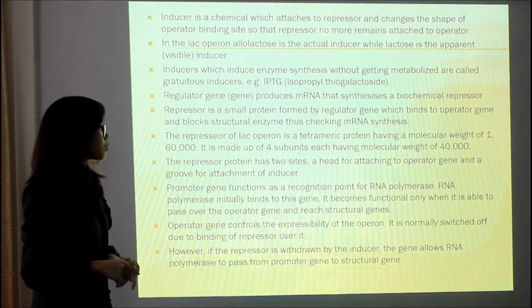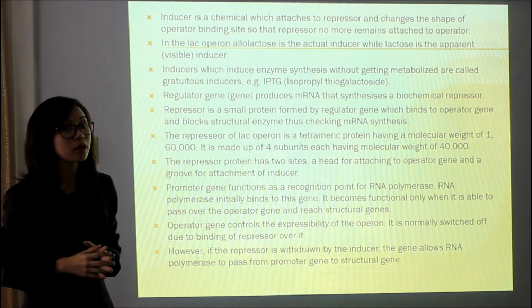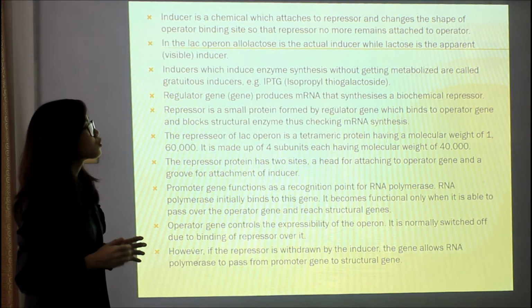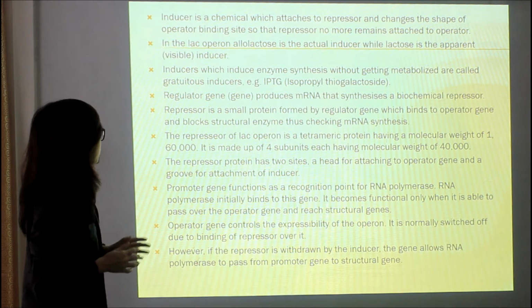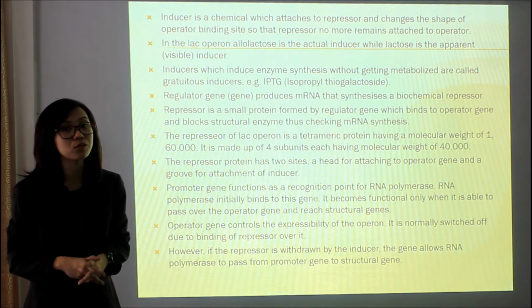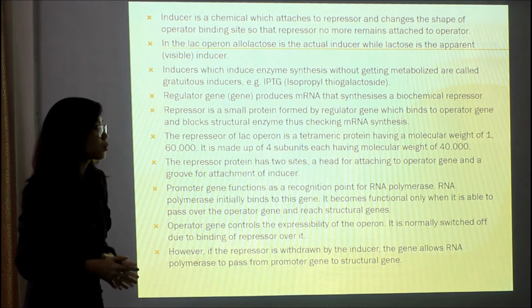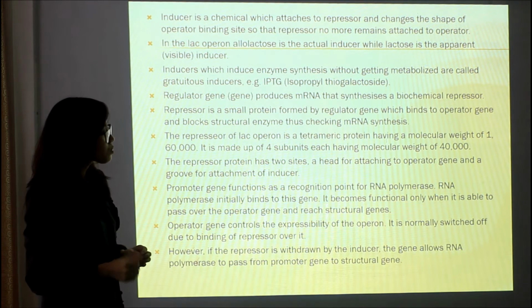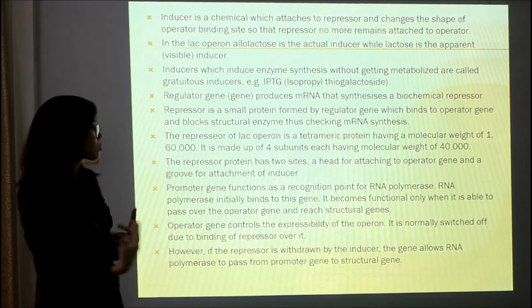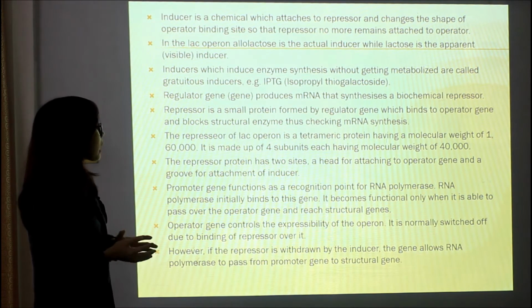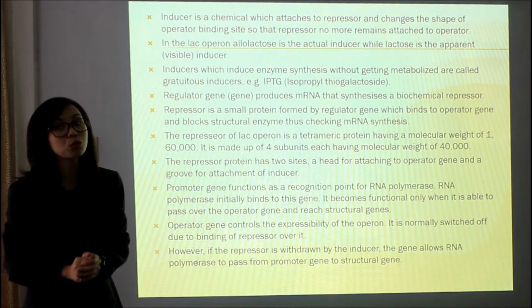The operator gene controls the expressibility of the operon. It is normally switched off due to binding of the repressor over it. However, if the repressor is withdrawn by the inducer, the gene allows RNA polymerase to pass from the promoter gene to the